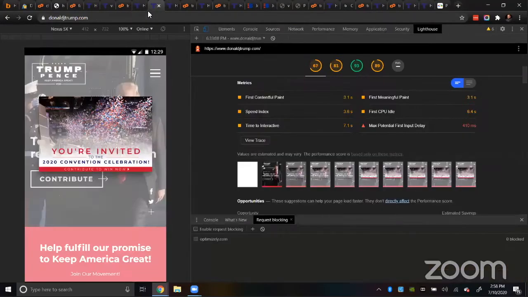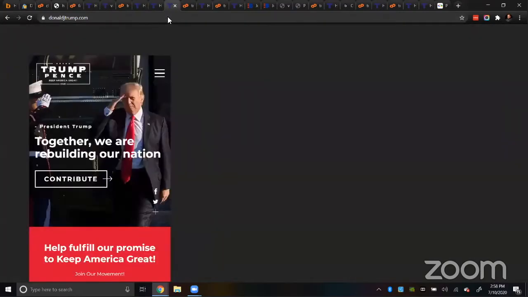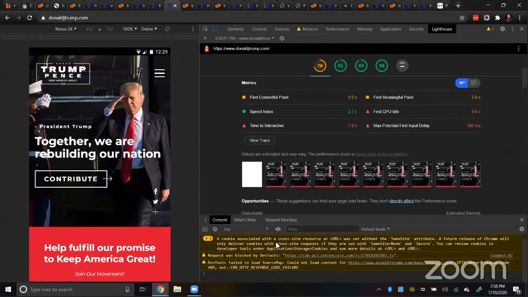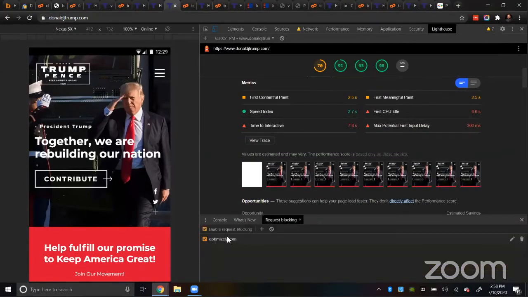I want to show you one problem that I ran into. They had this little pop-up here on his site. What I found was causing that is actually Optimizely. So I went ahead and basically just blocked Optimizely. You see the pop-up went away. If you notice, this is a lot faster suddenly